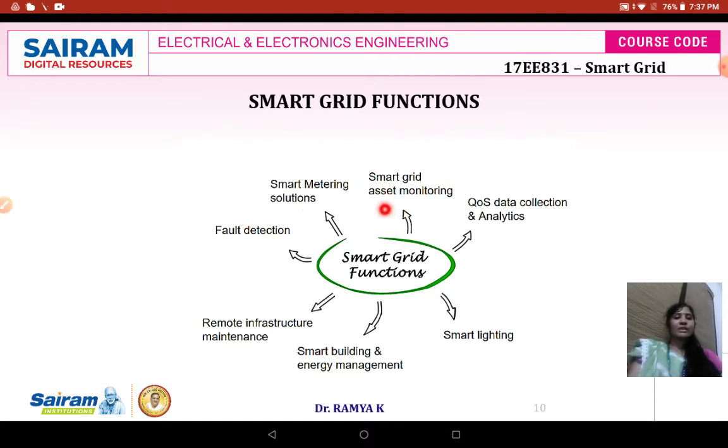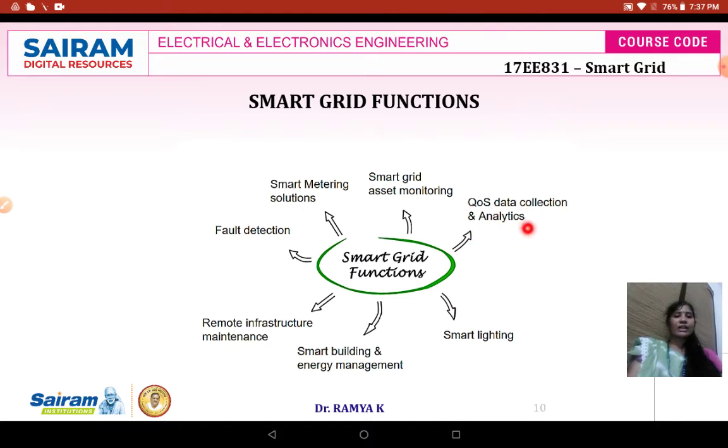Suppose in the present power rating the smart grid is capable of giving 500 kilowatt, then in order to increase it to 1 megawatt, what asset is required from the present asset management technique. So it could be done with the already recorded real time data. Next,